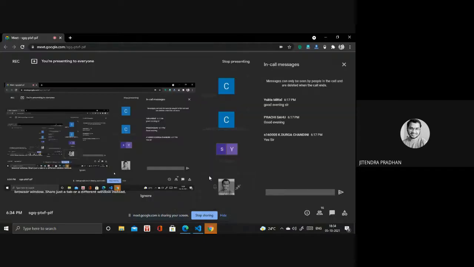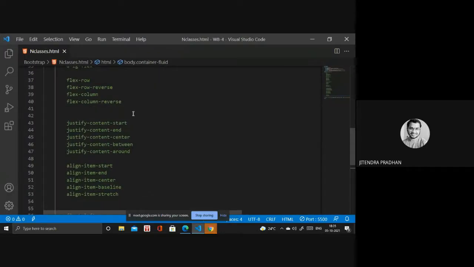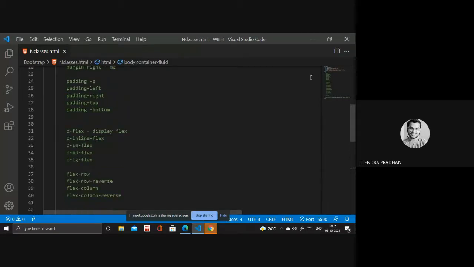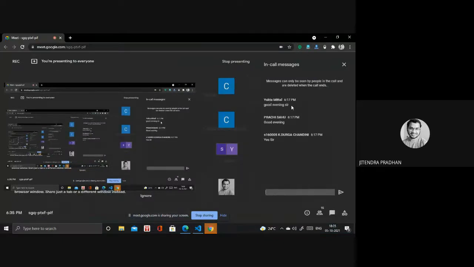Okay, if you have any doubt regarding any concept, like flexbox, display, or padding and margin, you can ask me, I will give you 1 minute for that. Next we have to move forward, designing a live project, where we are designing a navigation bar, carousel, all these things. Yeah, you can ask me if you have any doubt.